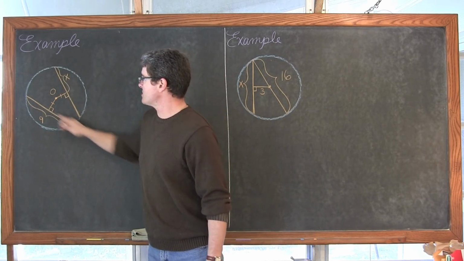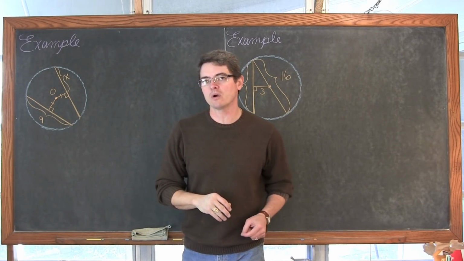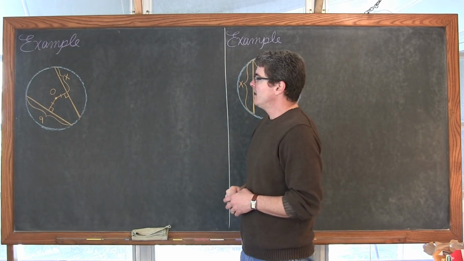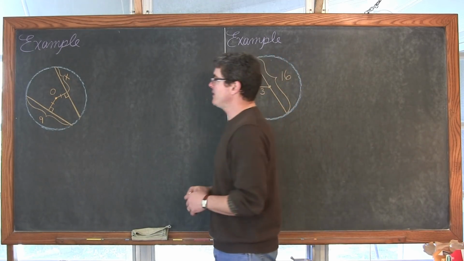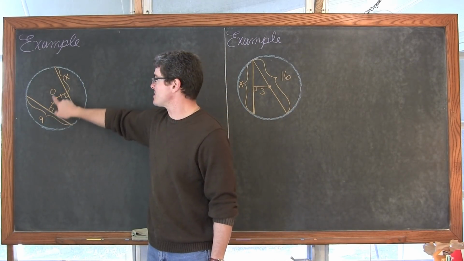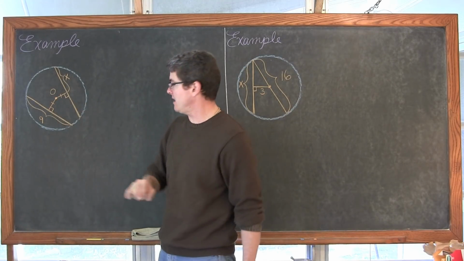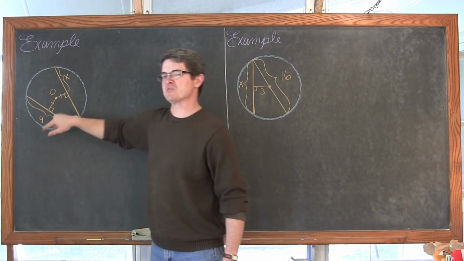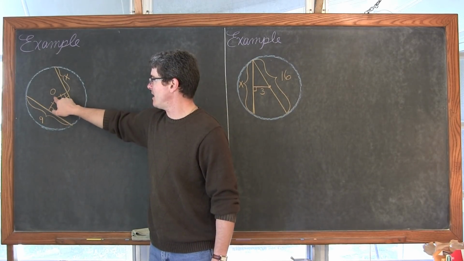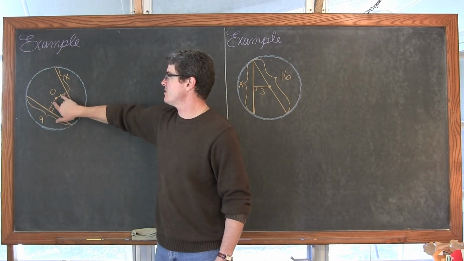So I'm giving you a couple of chords here, and I want you to use this diagram to solve for x, or at least I'm going to want my students to solve some version of this as well. How are we going to solve this for x? Well, if you look here, you have some perpendicular marks going from the center to each of these chords. I try to draw it as best I can, I do cheat with a compass for the circle. We got some hatch marks here which show that this segment from the center to this chord and from the center to this chord, that those distances are equal.